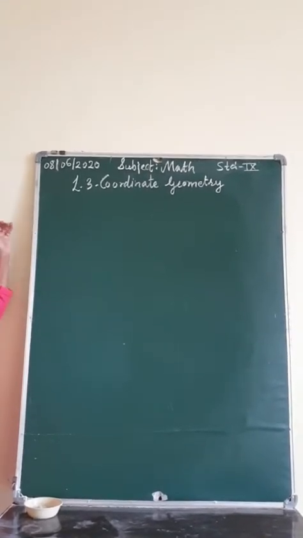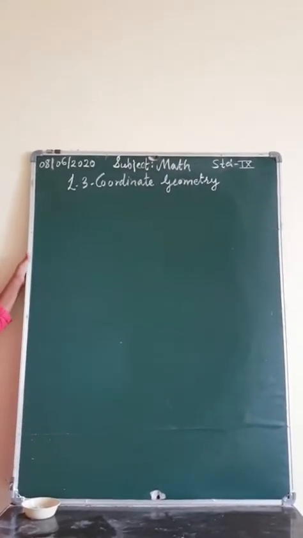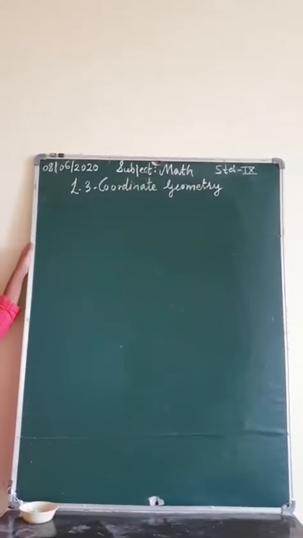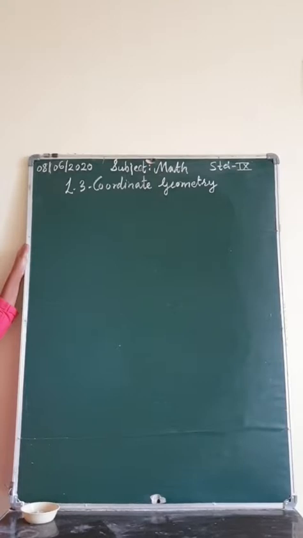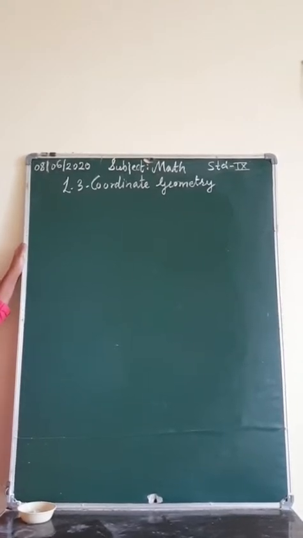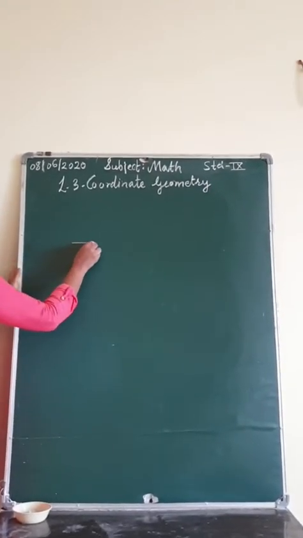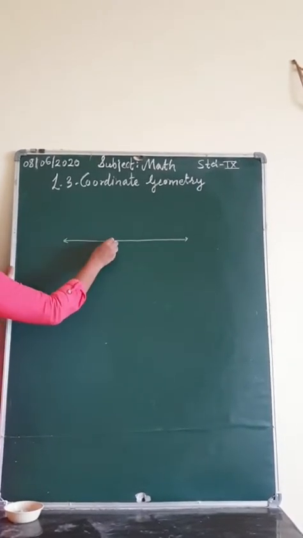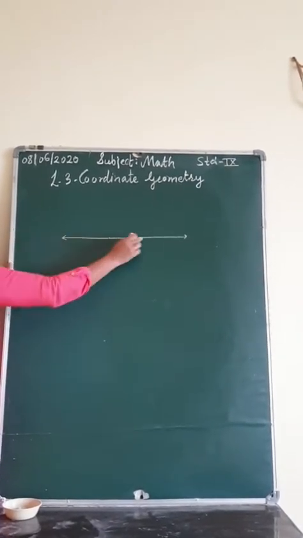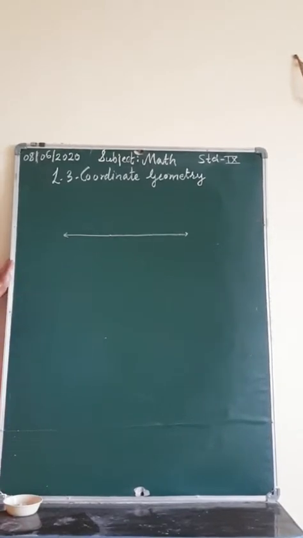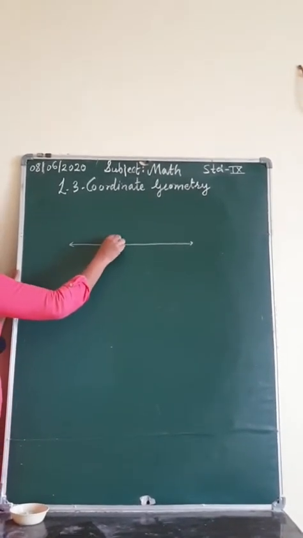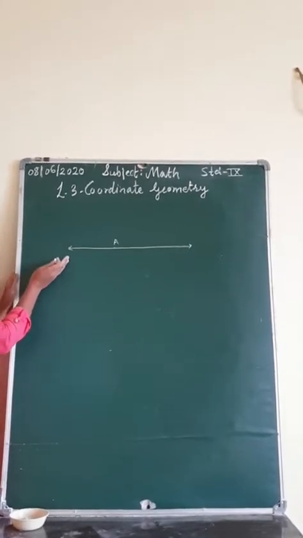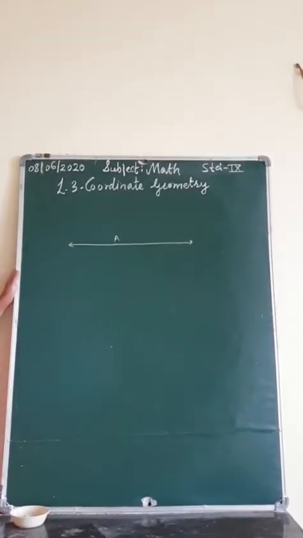In this session, we are going to learn about what coordinate geometry is. Before we see what coordinate geometry is, first we will see what you have studied about a point on a number line, how to locate a point on a number line. Suppose this is a point given on a number line, how to locate it and how to describe it. So you have studied about it. Now taking this concept further, we will learn more about it.